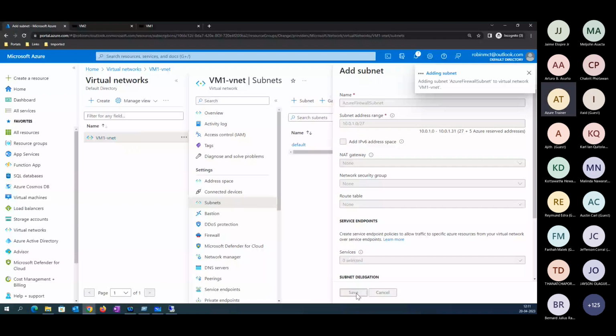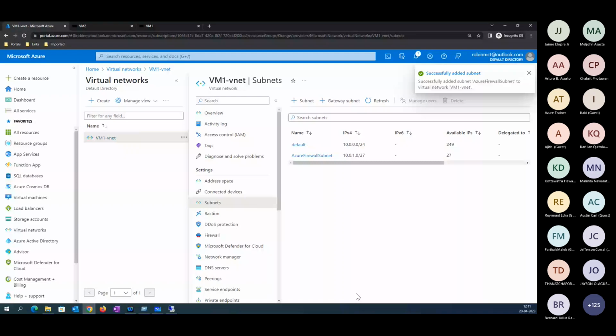Let's wait for a few minutes. Right now, you can see the subnet has been created.